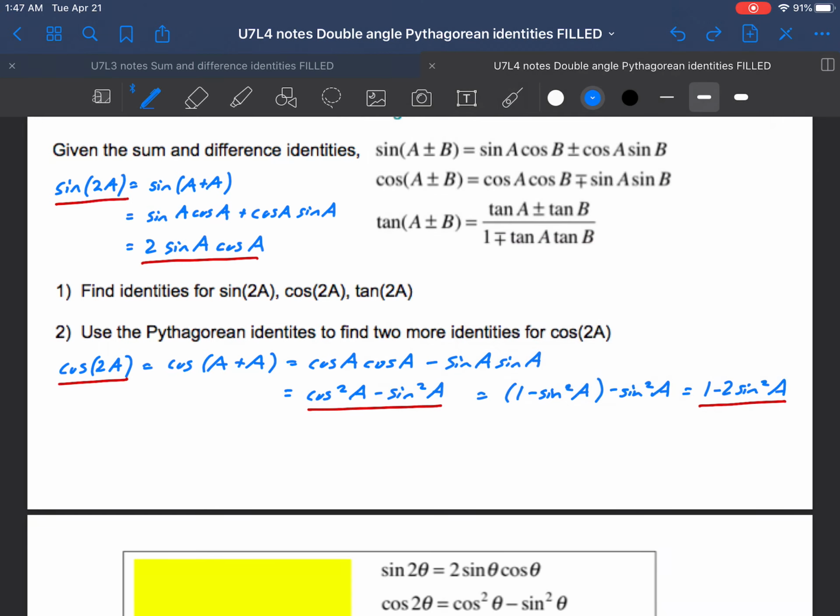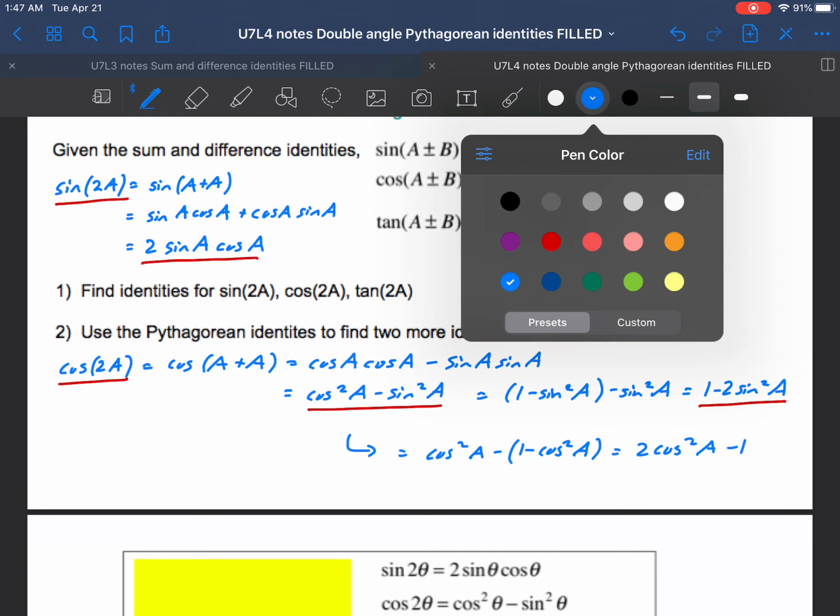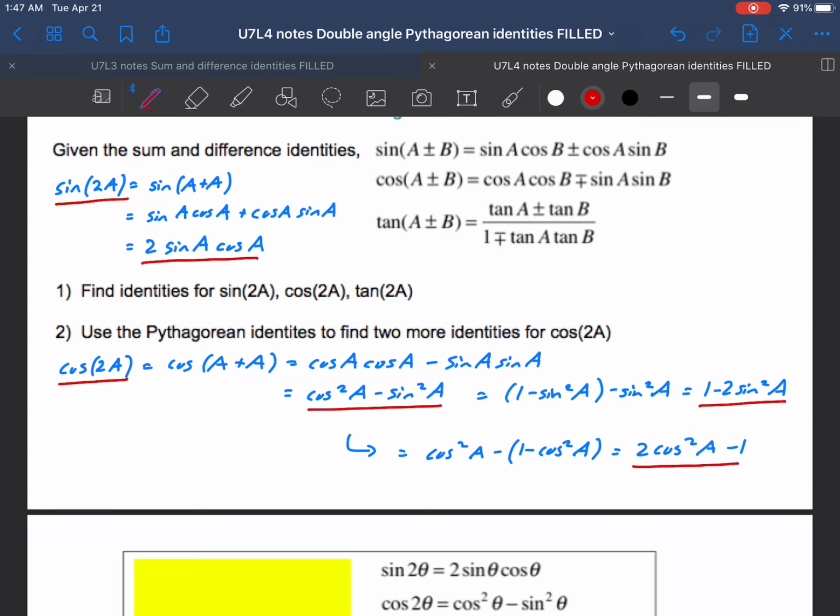And you could probably figure out the other thing to do. Well, instead of substituting for cosine, you could substitute for sine, right? So you could say this is also equal to cosine squared A minus 1 minus cosine squared A. And that's going to turn into, because we've got minus and negative, 2 cosine squared A minus 1. Okay? So this is an interesting one because it's got multiple ways that you could write it. Right? So we have